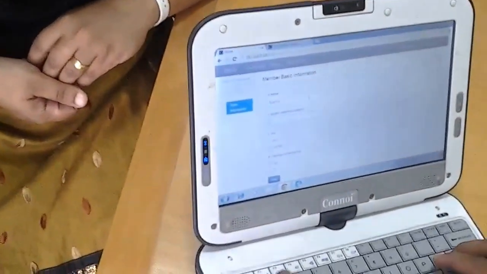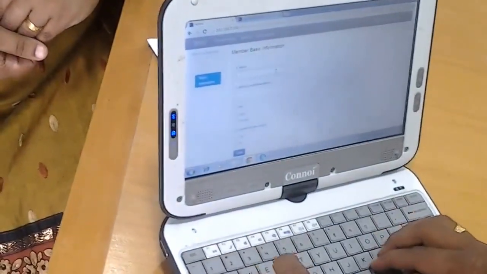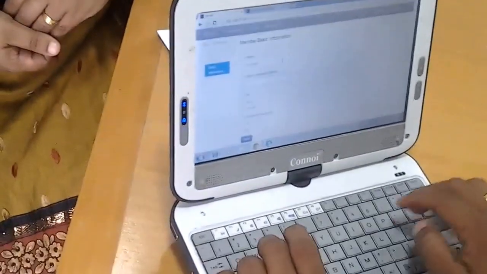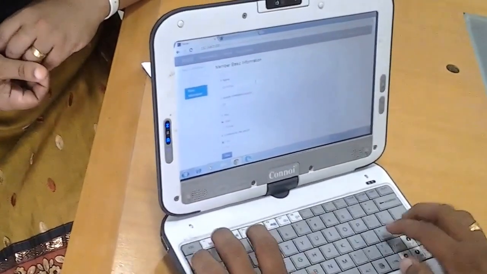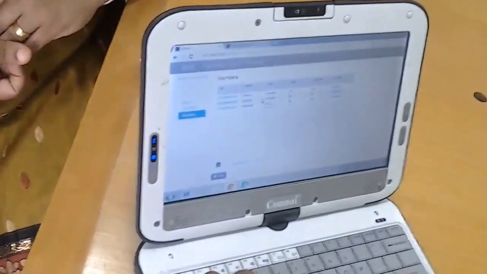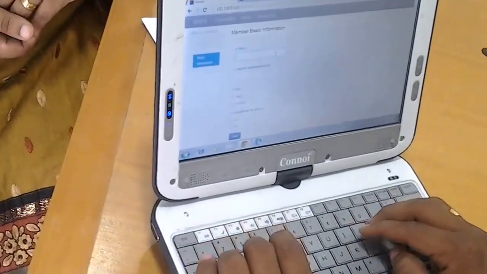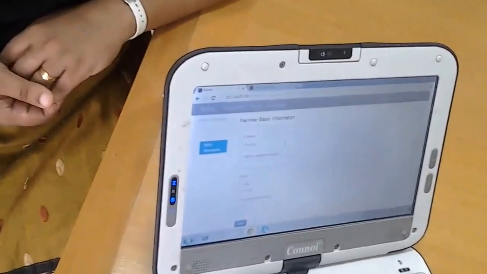What's your age? 26. Who is the another member? Srisha. What's his age? 28. The next member? Kavita. What's her age? 26.